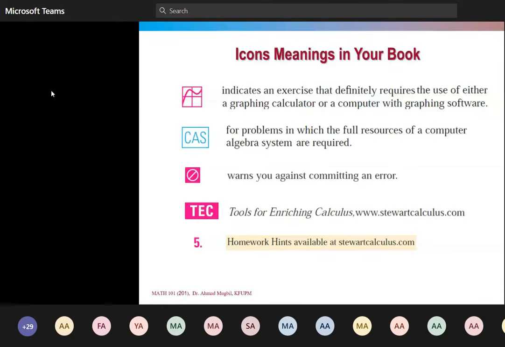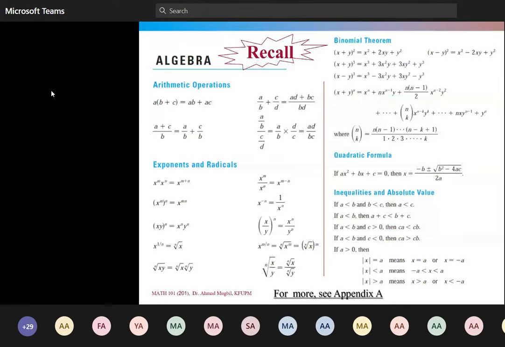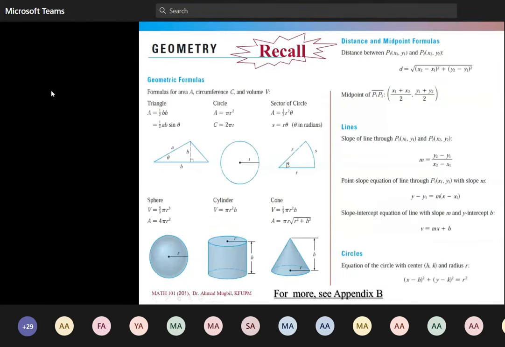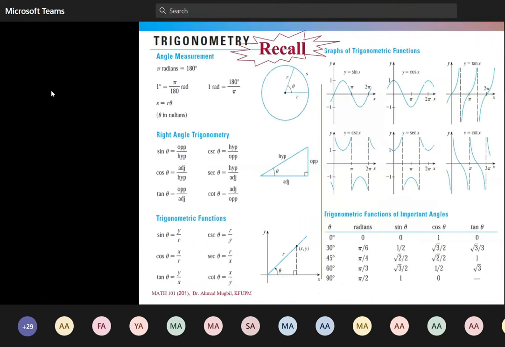Okay, in this slide I prefer to put for you some issues that you need to recall. You can find these formulas in the front cover of your book, and also on the back cover of your book. From algebra, you need to remember these formulas: the exponents, radicals, the absolute value, and the quadratic formula, the area and the volume of some well-known shapes, also the slopes, the circles, the equations, the graphs of trigonometric functions,